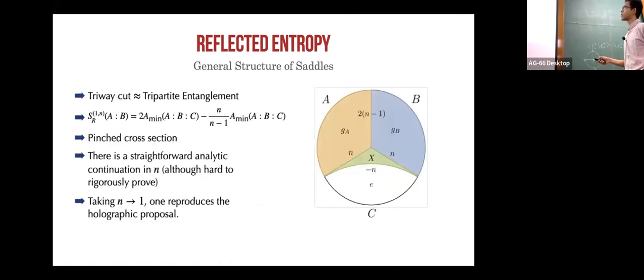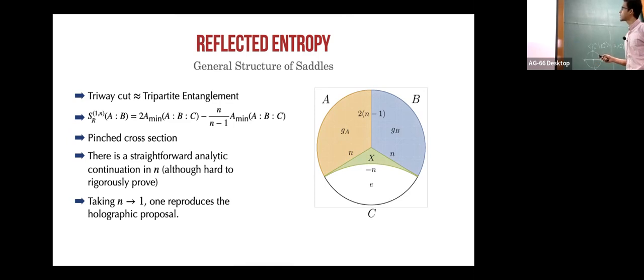So now we can just think about the reflected entropy at index n. And this function, this problem of the tri-way cut is actually analytic in n as well, right? Everything is just some analytic function of n, and we know precisely what this means at non-integer n. But it's hard to rigorously justify that is the correct analytic continuation for the reflected entropy itself from the boundary side. But if you assume that, then when you take n to 1, what happens is this becomes a